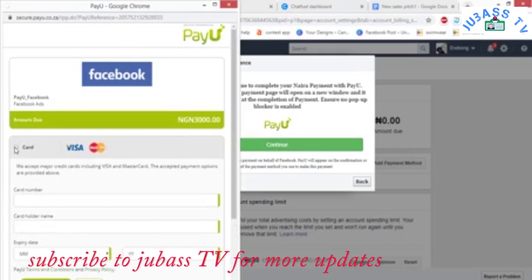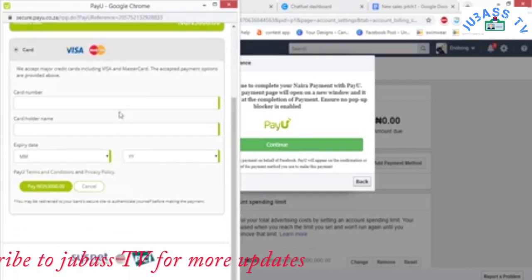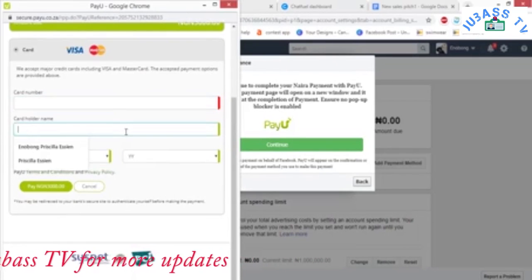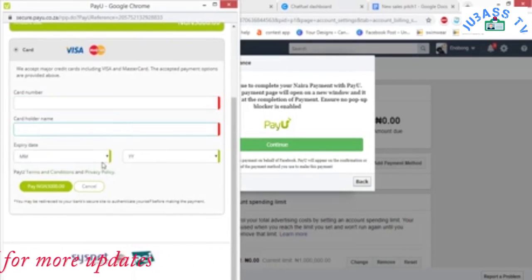Alright, so first thing you do is click here to choose card, put your card number, put card holder name, put the expiry date and year, and then when you're done, click on pay. So when you pay here, it will take you to your bank's